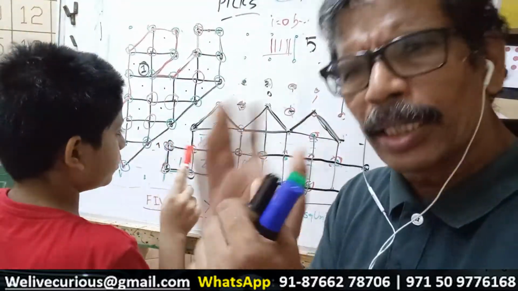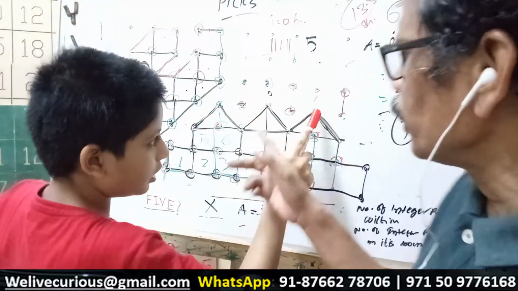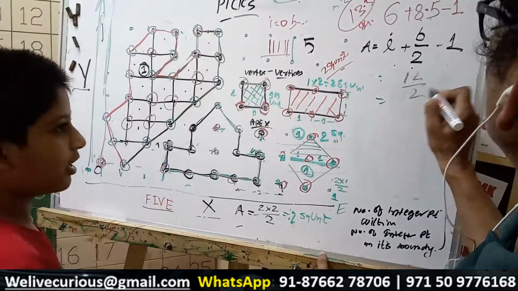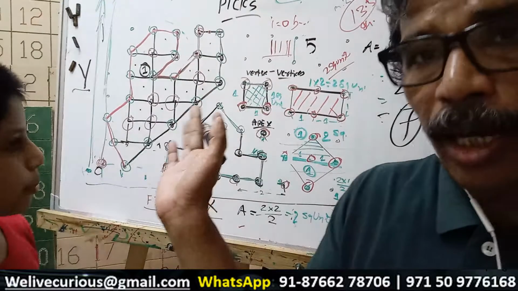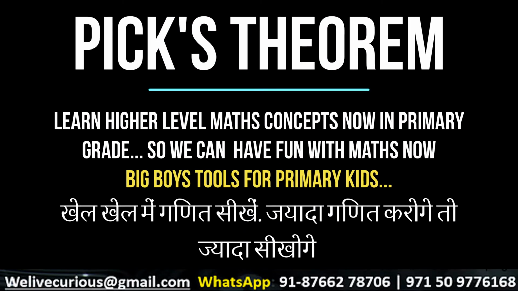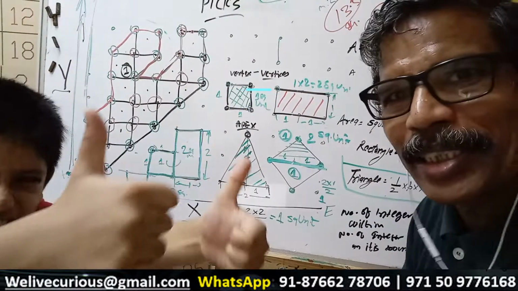Border points, make it half, take away 1 and add internal points to it. Now 12 का आधा है 6. लिख दो 6, 6 minus 7, 7 square. Done. 7. Answer finished. Why don't we cross check it?